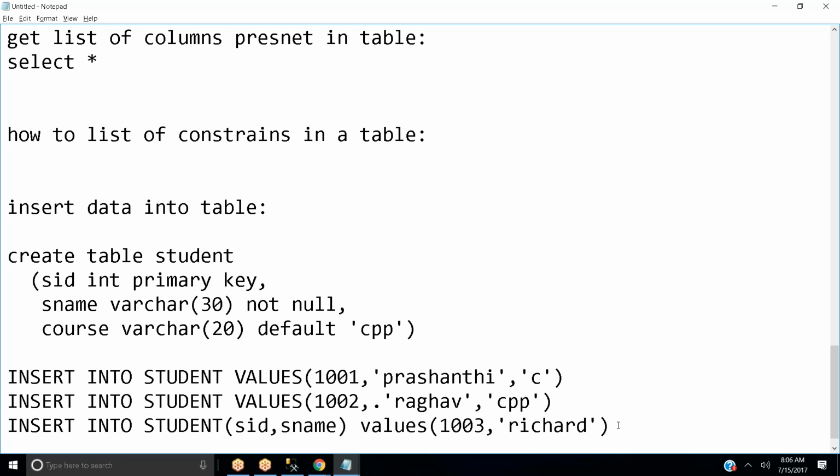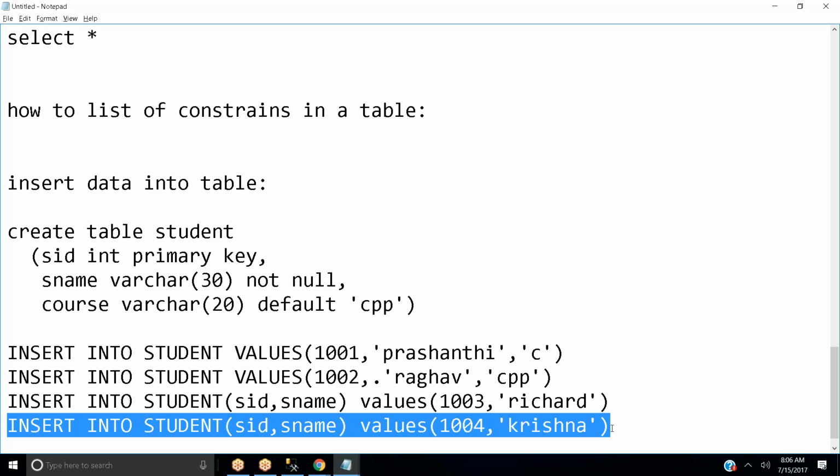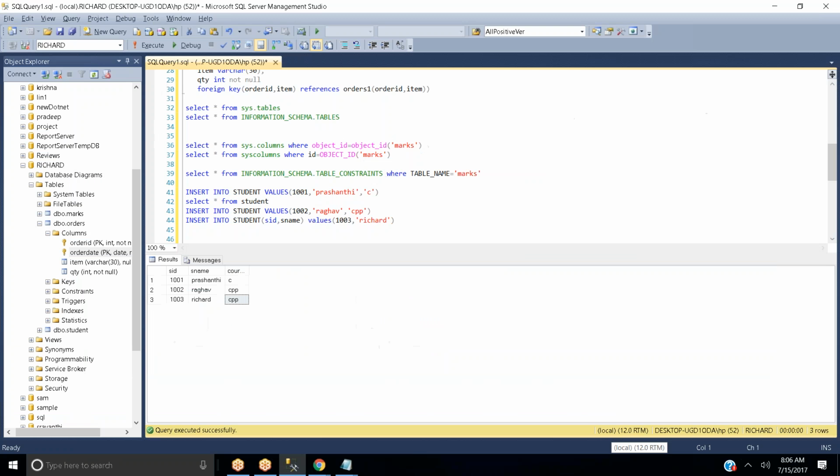So we will try to execute in a similar way one more record. Say, 1004, and I'm going to use Krishna. In a similar way, I'm not giving any course for this particular student called Krishna, and then we'll try to execute and see whether course will also get inserted automatically or not.